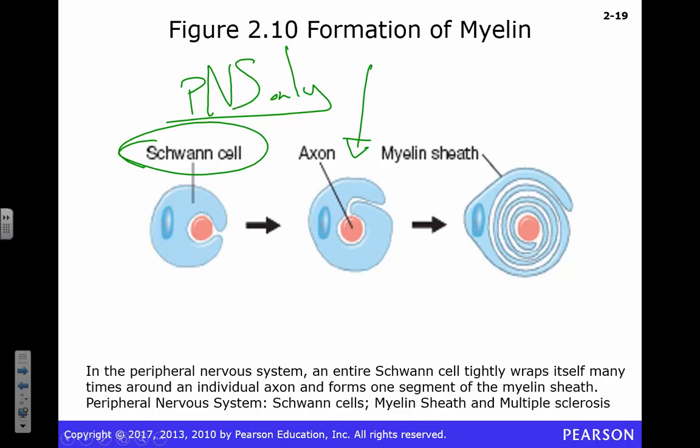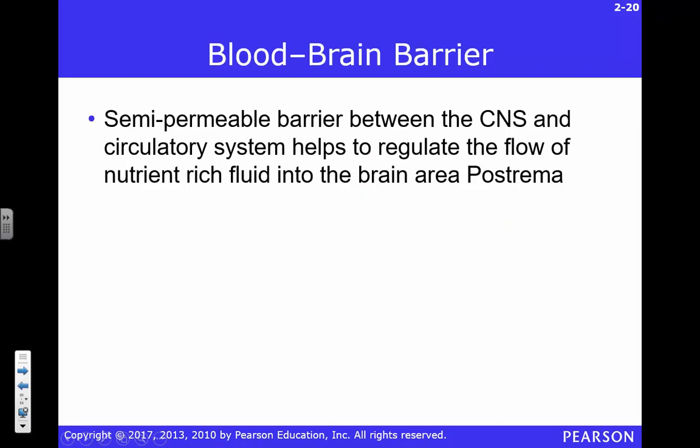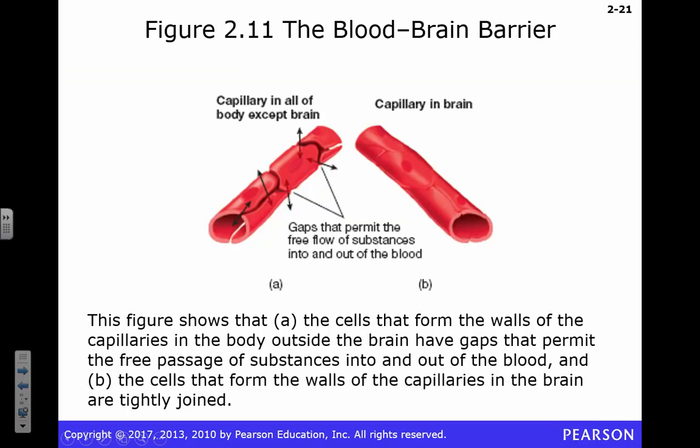Hey, guess who already talked about the blood-brain barrier? Again, that was us, in case you missed it. Here's some other details about the blood-brain barrier. Everywhere else you actually have these gaps, right? In the cells of your capillaries. Again, that's to allow the nutrients to flow in and out. What also flows in and out? Like toxic substances, right? Just anything. We're going to seal those guys up, okay, in the brain. We're just going to make these guys nice and snug so nothing can get out. Not a big deal.